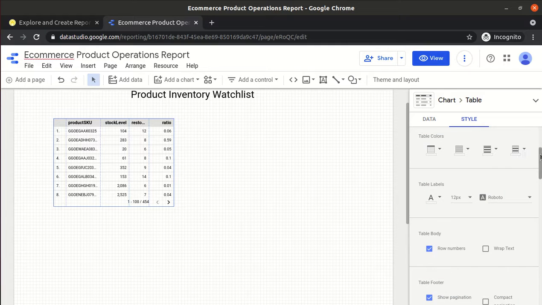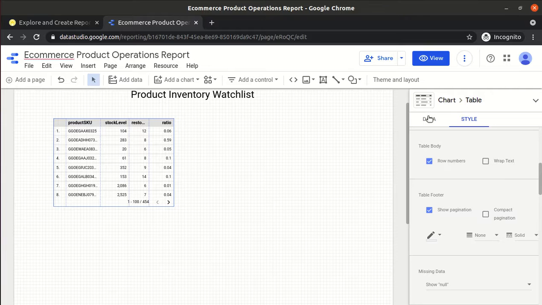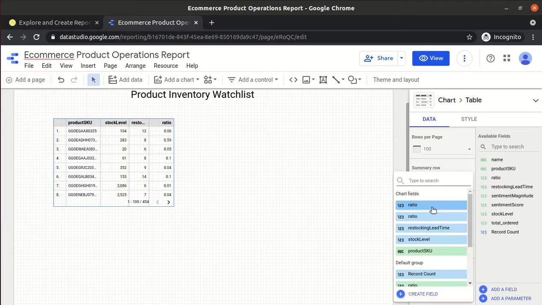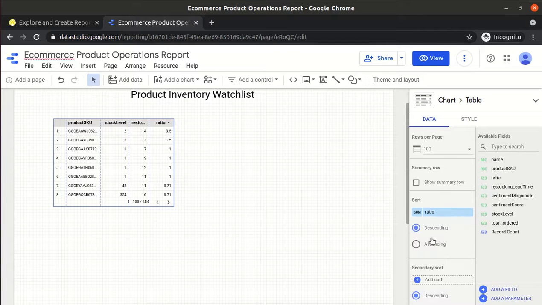Again go here, scroll a little bit more, come here, and then choose the ratio and sort it. Now it is getting sorted, right? It took me much time just to scroll the page.